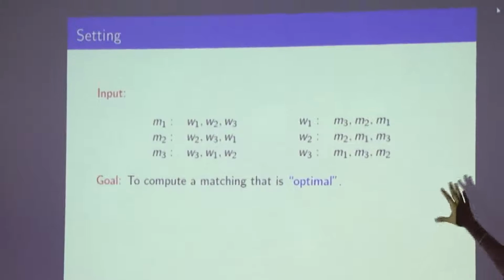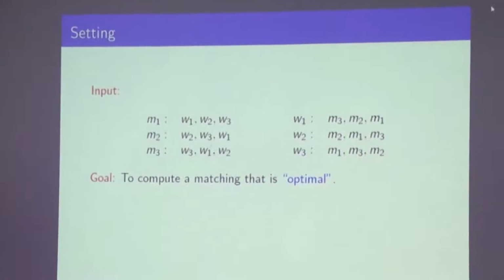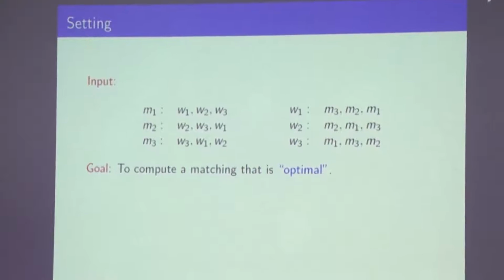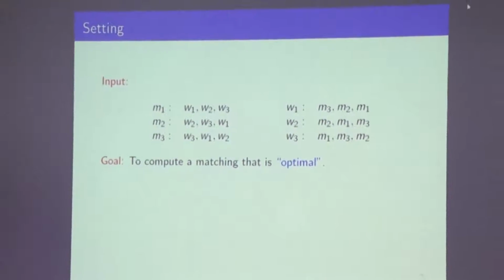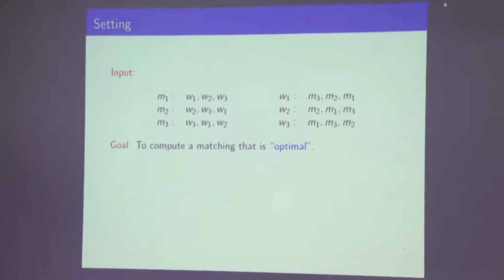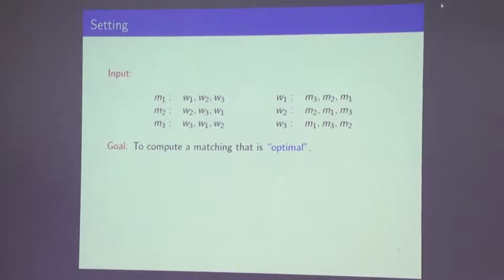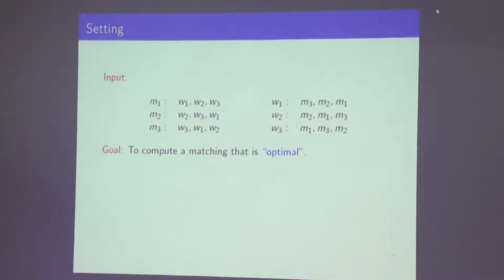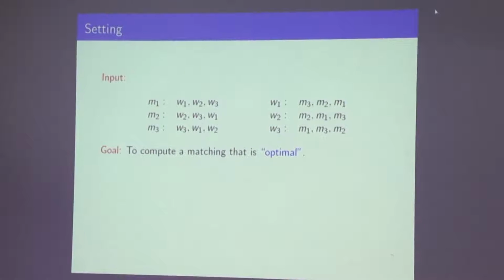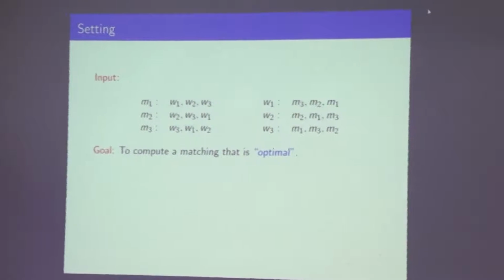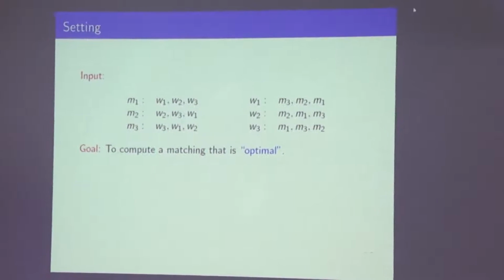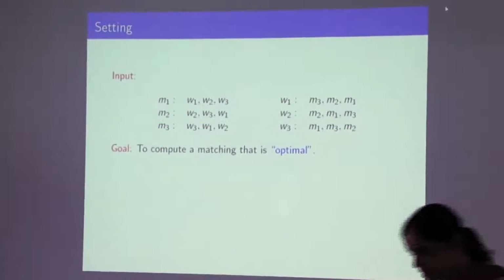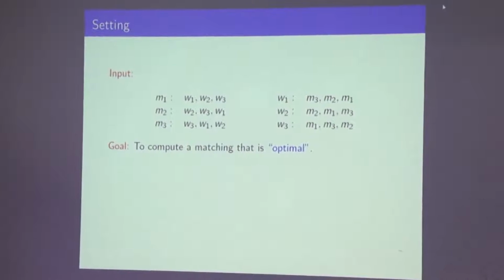So each woman also has her own list of the men. So these lists are what are given to us. The bipartite graph here is implicit because we have an n cross n bipartite graph where all edges are present, and in addition we have the edge sets ranked from two sides. So every edge has two endpoints. Both the endpoints have some ranking function. This side says that the man likes this as its which preference and so on. So these are the two additional things that are given to us. And we want to compute a matching which is optimal.